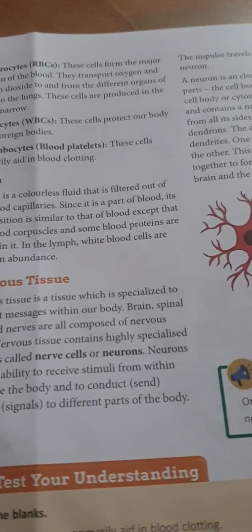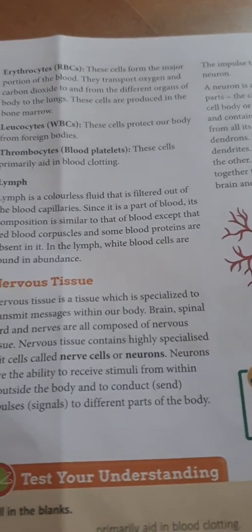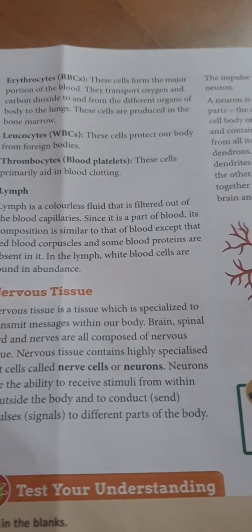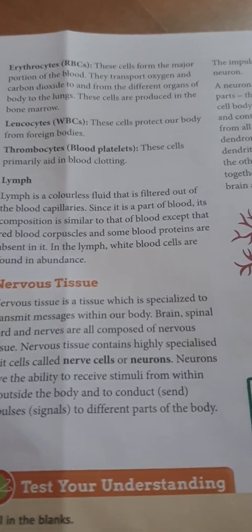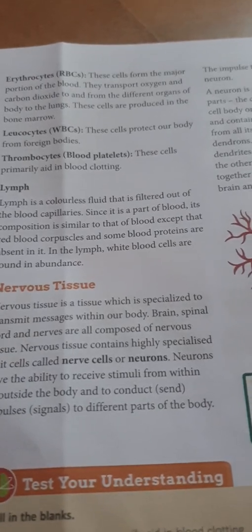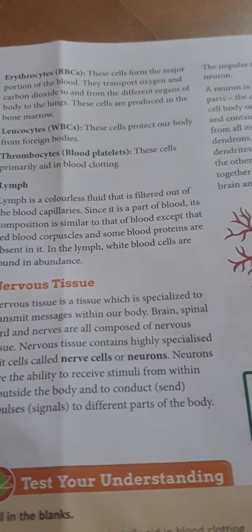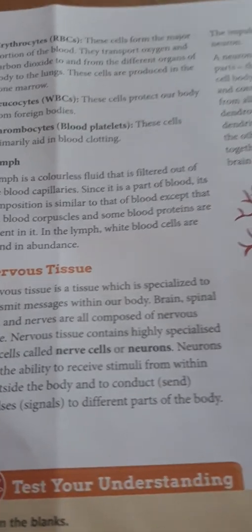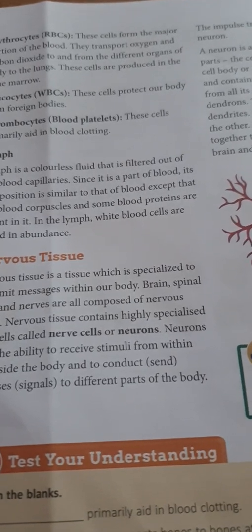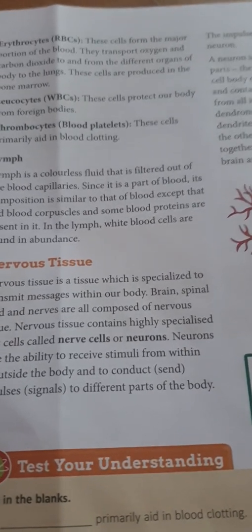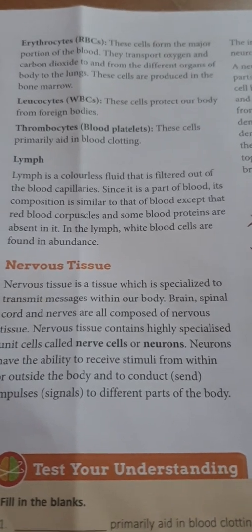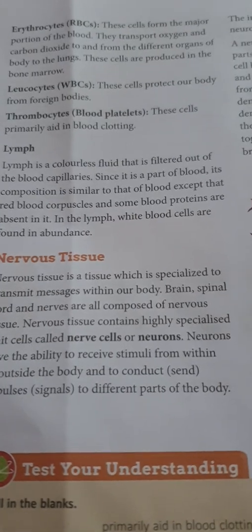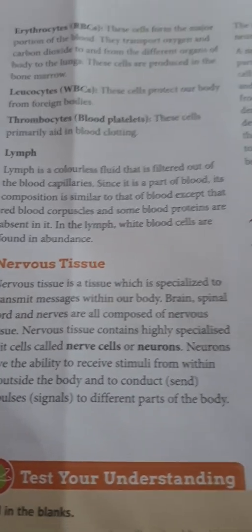So what is WBC and leukocyte? WBC or the leukocytes are the colorless blood cells because they don't have hemoglobin. They are classified into two types, that are granulocytes and agranulocytes. The main function of the WBC is to maintain our immunity and work like a defense mechanism which protects our body from foreign bodies. So this was your leukocytes.